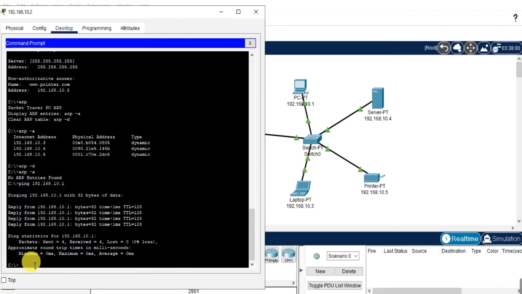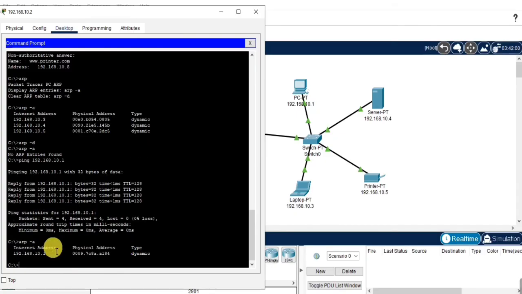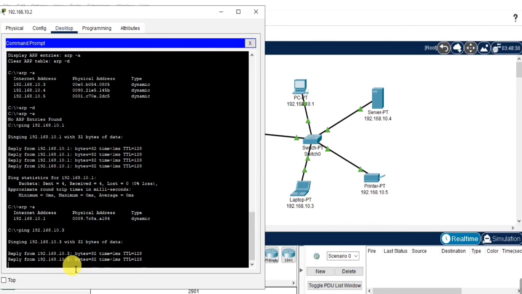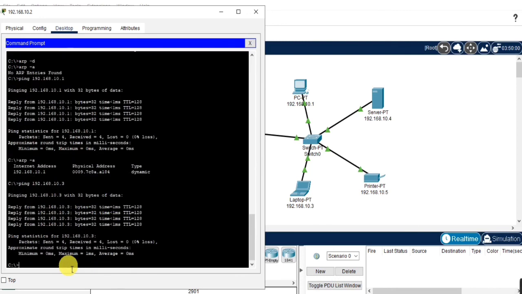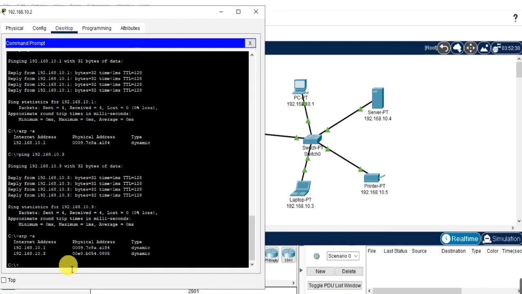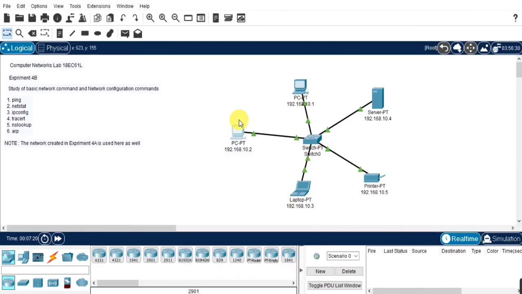Now we can see the status here. It is showing how many packets have been sent, how many have been received and how many have been lost. So now I am adding one more. Firstly, we saw only one device there. Now I will add one more. By adding one more, you can see at arp -a the two devices. I will show how to look at those. Give the command arp -a. See, now you can see here two physical addresses with type called dynamic. Thank you.